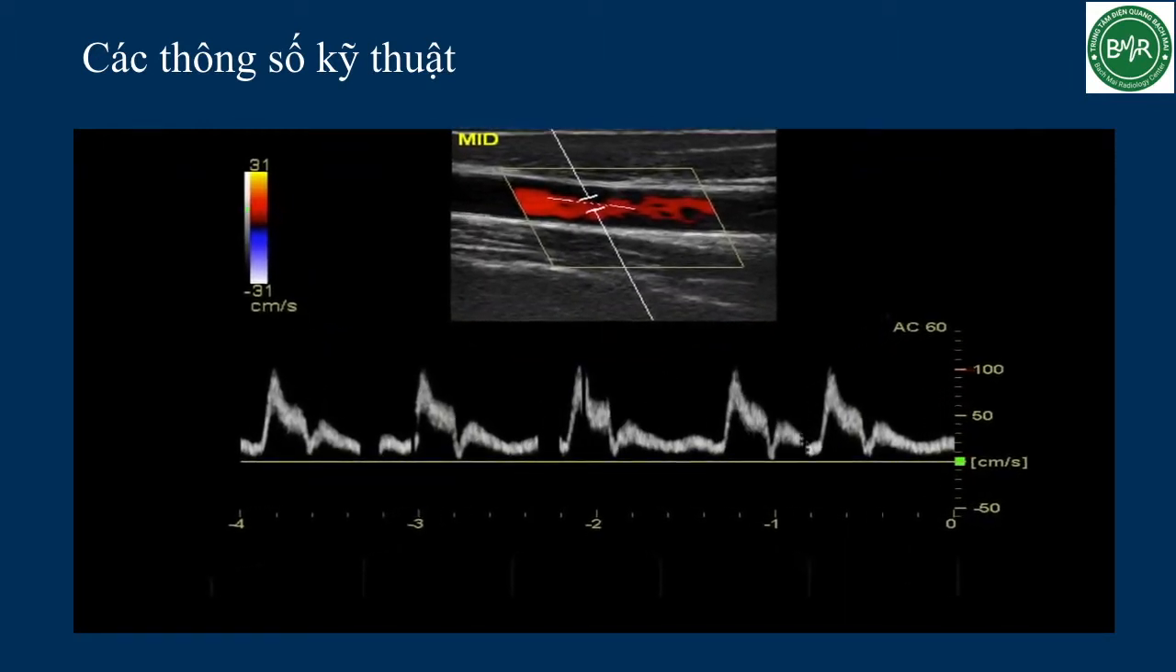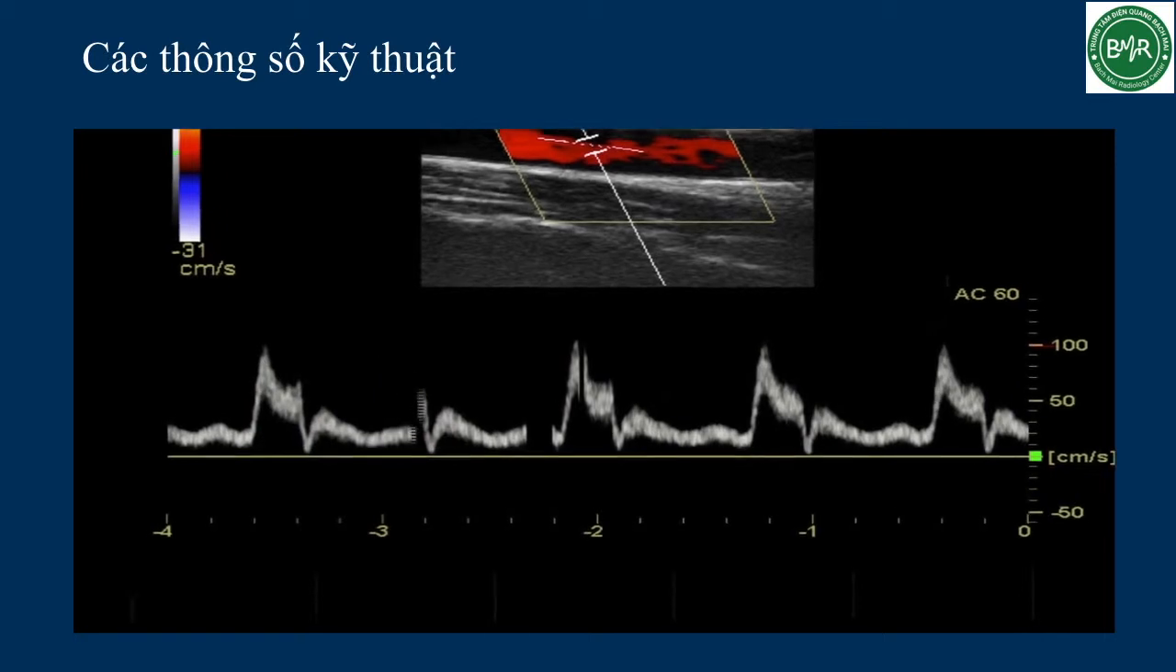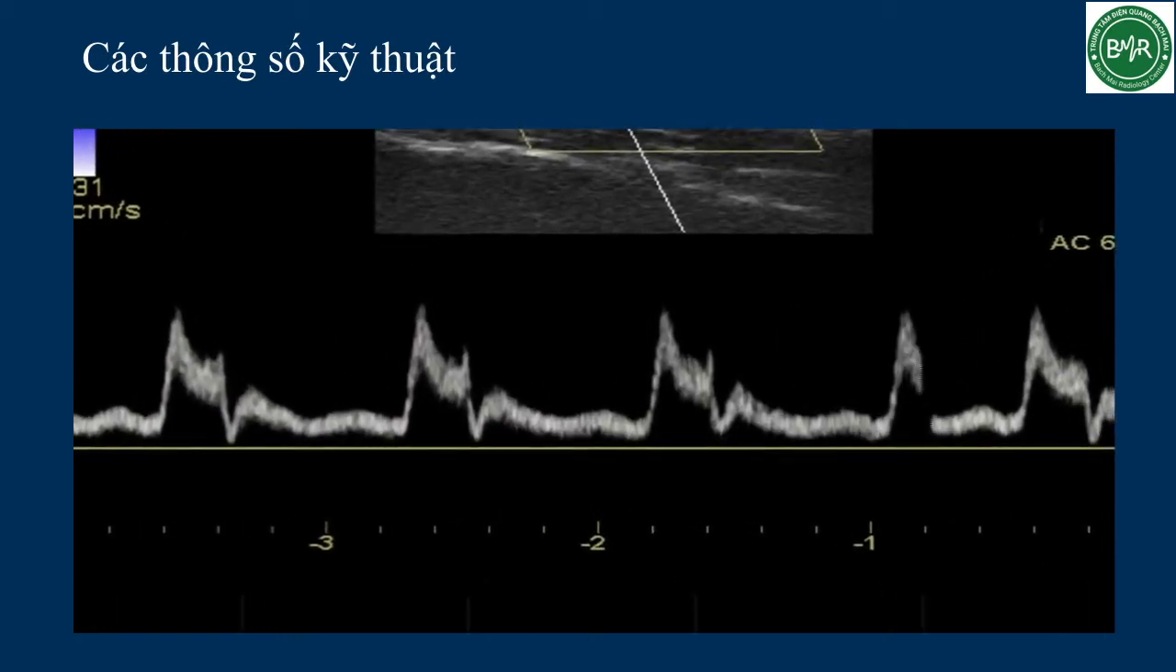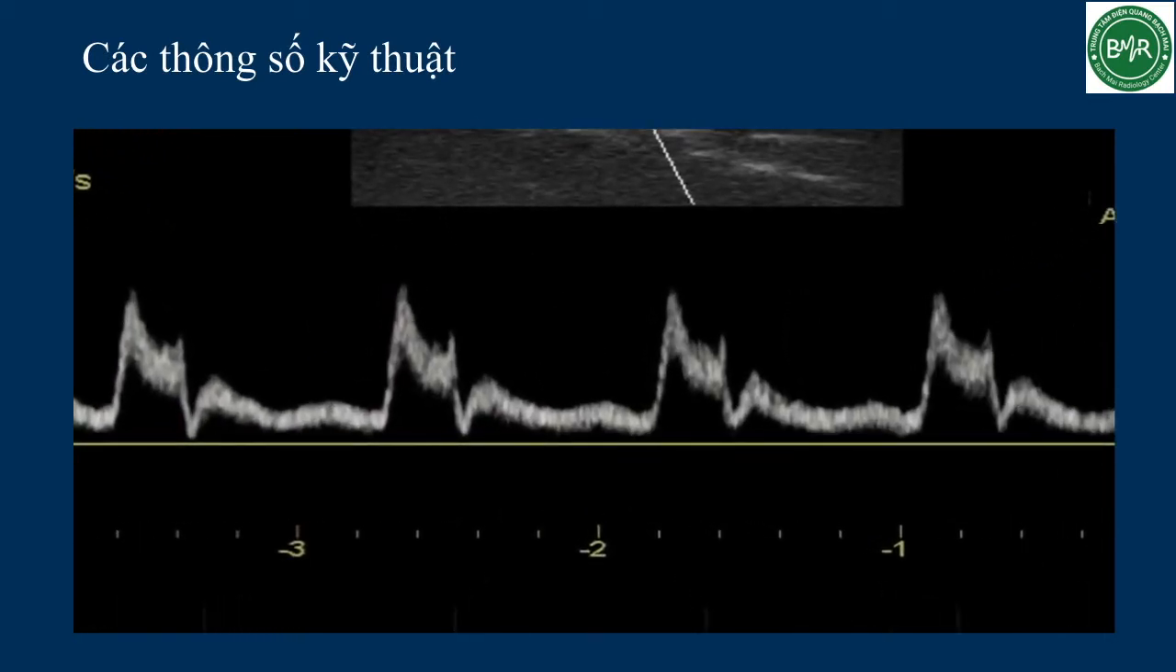Obtain a numeric value for flow velocity by using the measurement tools. Freeze the image and place a measurement caliper at the point of peak systolic velocity in the waveform. The end diastolic velocity can be measured by placing the caliper at the lowest point of the trough just before